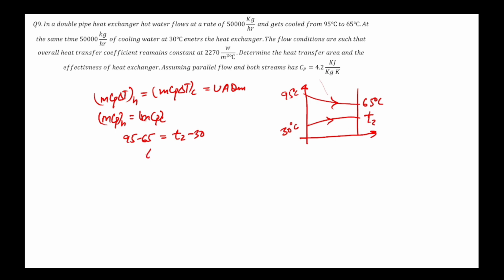Okay, so T2 is equal to 95 minus 30, which is 60 degrees Celsius. So T2 is 60 degrees Celsius. Now finding theta m. So this minus this: 95 minus 30 is 65, and this is 60. 65 minus 60, that is 5. 65 divided by 5, when you calculate, this will give